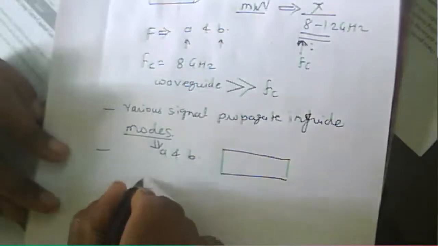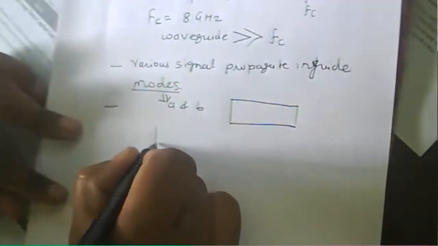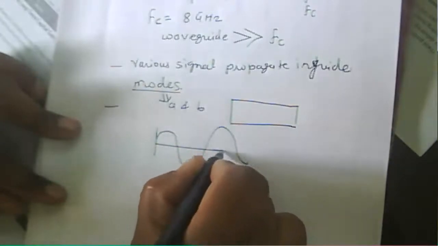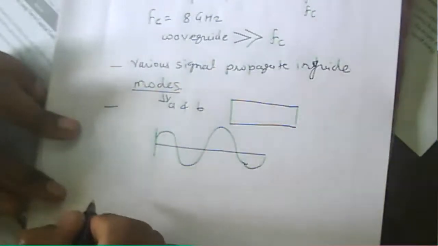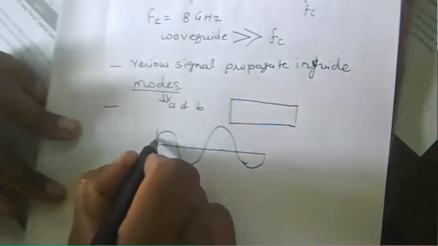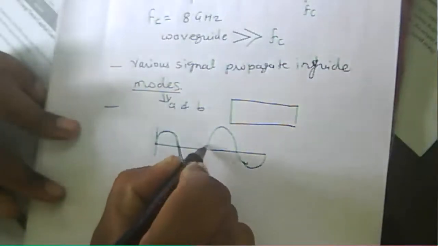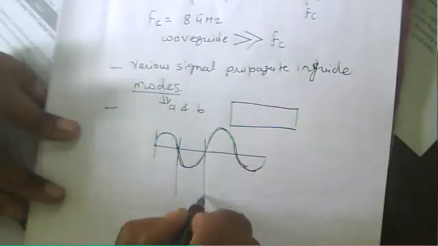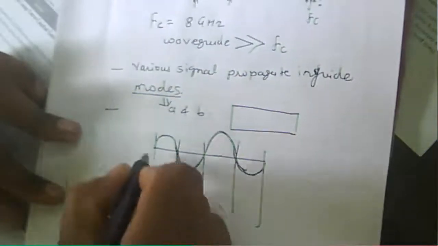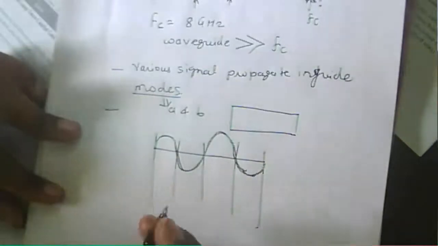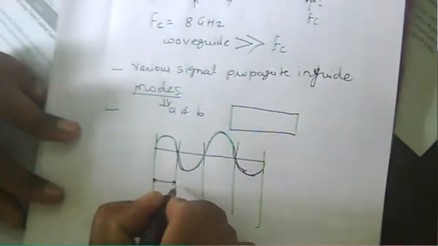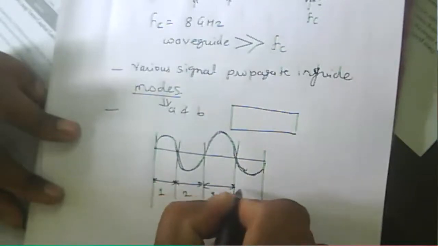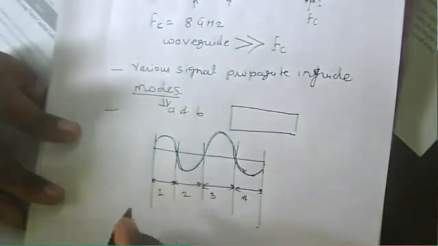Generally, you people learned antenna earlier. In an antenna, you have seen that there is a sinusoidal signal variation. The signal is propagating means there is a sinusoidal signal, and I am going to draw it here. These are the different half variations of the given signal. This is nothing but our signal. This is the first half variation, this one is the second, this one is the third half variation, and this one is the fourth.